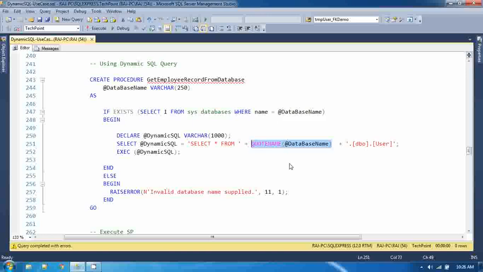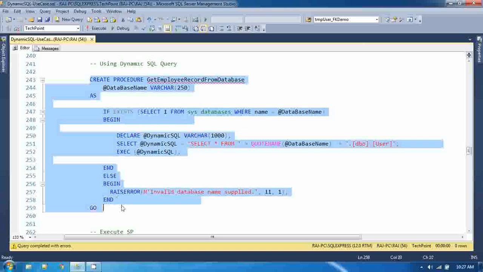database name so that it does not clash with any reserved keyword or system defined entity or name. I will explain more about this QUOTENAME in the next part of this video, that is SQL injection. So for now I am just encoding the database name here, and after that I am appending the schema name and table name. If you execute this query,